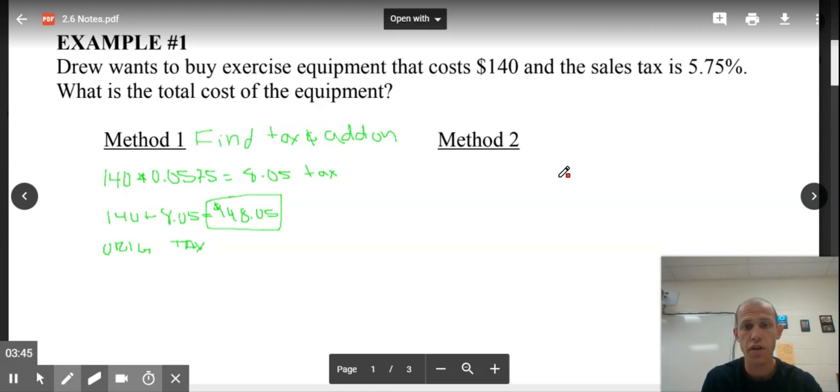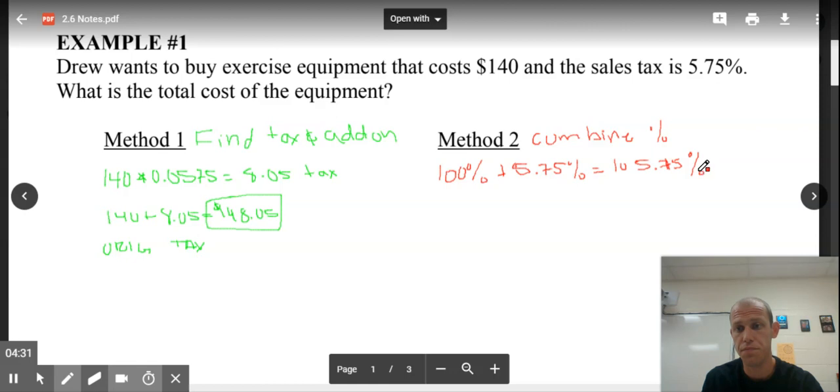Method 2, what we're going to do is find the tax and the original together. So I call this the combined percent method. The first thing we have is 140. That is 100%. That's all of it. That's all we're paying, $140. That's 100% of the original. We also then have to pay 5.75% for the tax. Notice I'm writing these as percents. So all in all, I have to pay 105.75%